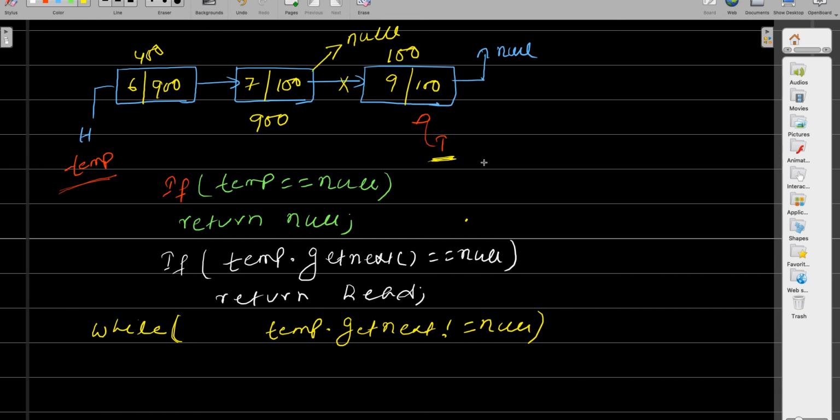So before that we need to have some storage, right? So I will write n1 is equal to, and what is n1 here? I can just create one variable called Node n1 = null. So when you are iterating, one more thing, try to understand: when we say n1 = temp.getNext(), even your n1 will reach here over the iteration.